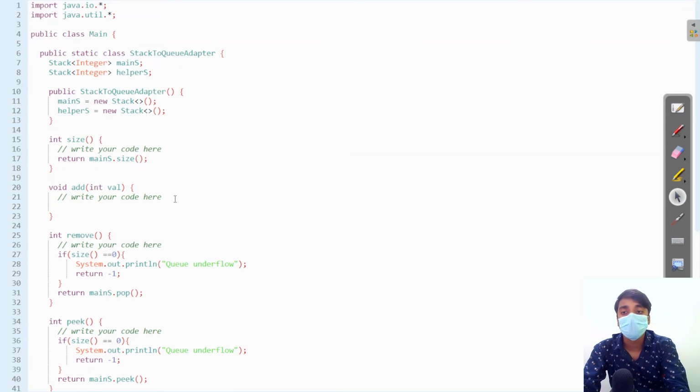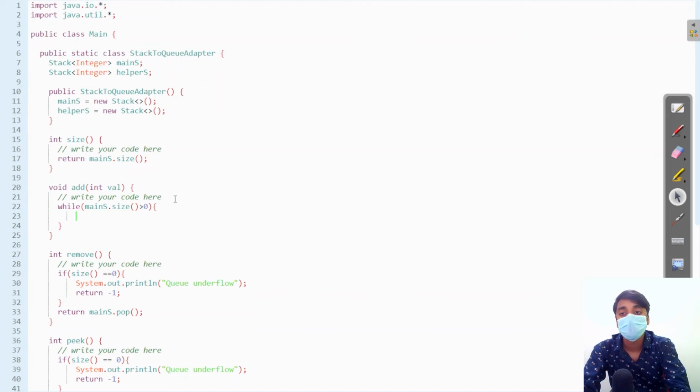Now for adding, first we have to remove all the elements from the main and add them to the helper, using main stack dot pop.